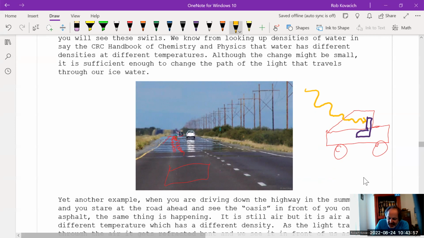So that seat gets warm, and then that seat radiates light you cannot see in the form of infrared light. So light that has wavelengths longer than red light, and that is re-radiated, and it hits this windshield, and the crazy thing is it bounces back in and heats up the floor or the steering wheel or the dashboard. It can't escape. So the reason that you have a car that's warm, let's say it's 40 degrees outside,